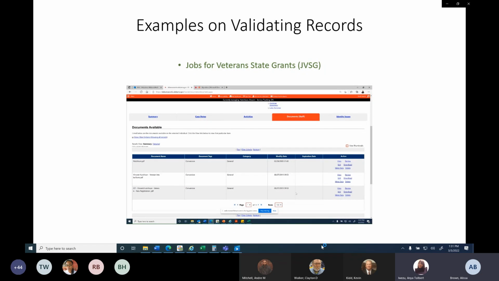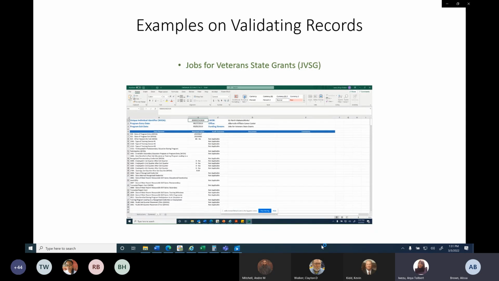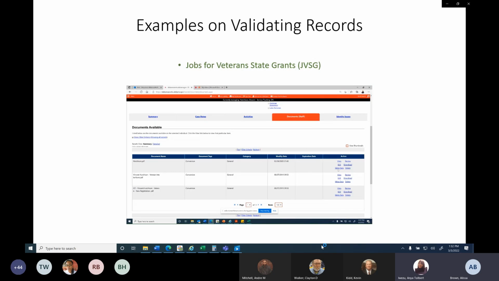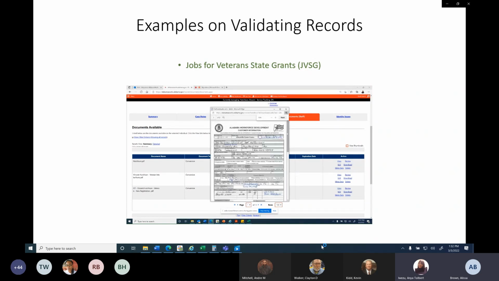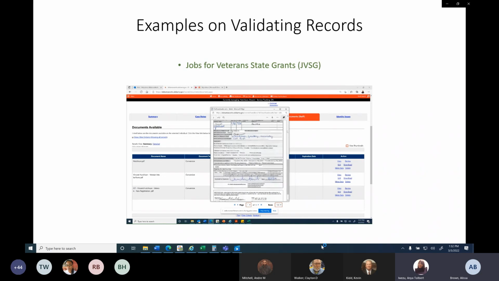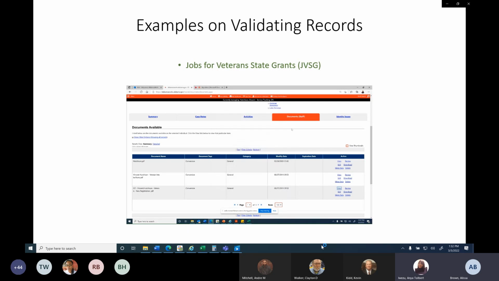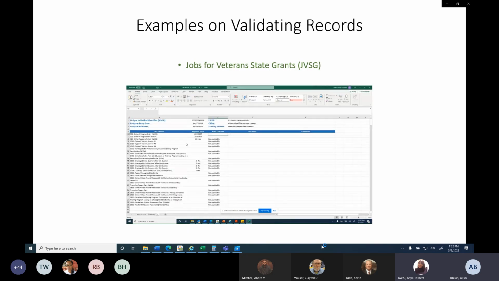Okay, we do have a customer information form dated August 27, 2019. That is the date that we're looking for. And we're going to view our form. It matches the date, and matches the signed date as well of the client and staff. So we close that and we can mark the program entry date as pass